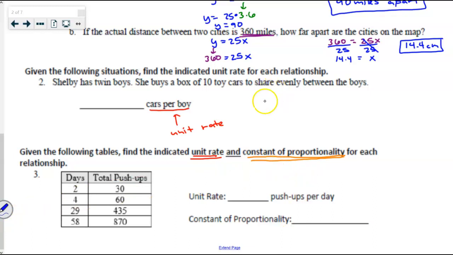Okay, let's go over it together now as a class. Shelby has twin boys. She buys a box of 10 cars to share evenly between the boys. So I want to know how many cars per boy. You can just fill in the blank, but we've always shown our work in a very specific way. When it's a unit rate,